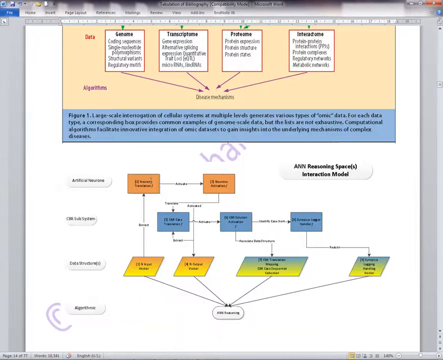Now here's one of these put to good use. It was my PhD student Don who put this into practice. So here he's got the domains of artificial neural networks, case-based reasoning, and data structures, all linked to a, well, it shows here one algorithm. There'll probably be a set of algorithms, and then you can see the flow of the data, which is nice. So this interactive model, I think, is something like a sequence diagram in UML, but maybe it needs